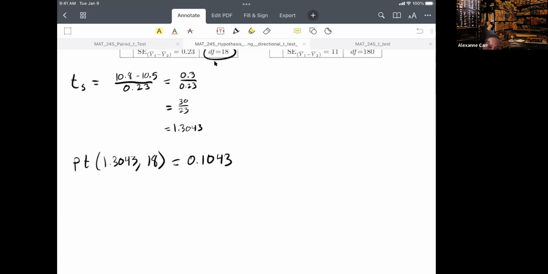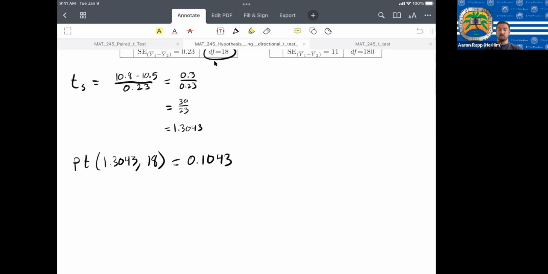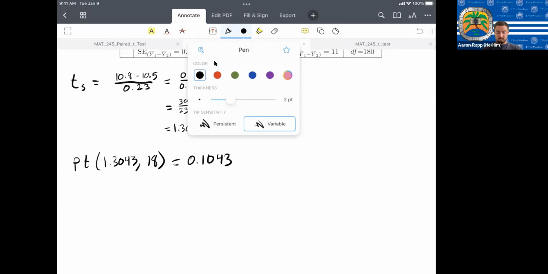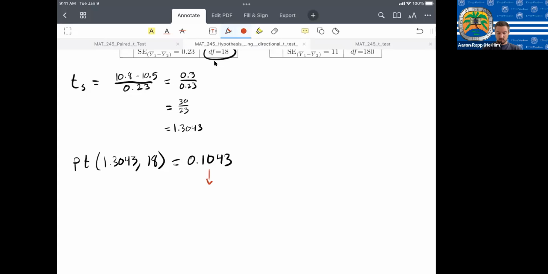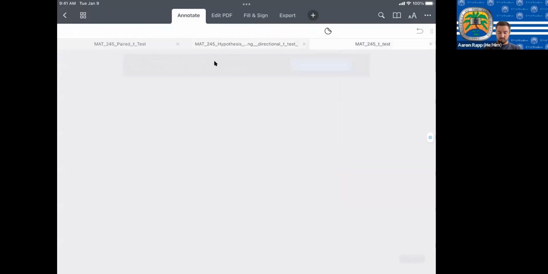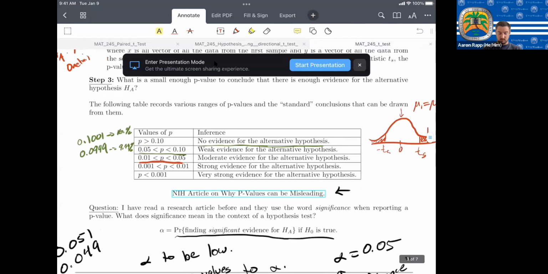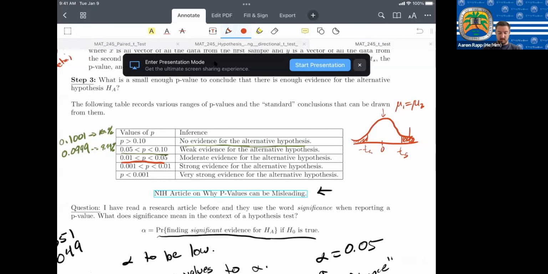Not very far. That's 0.43. 0.0043, right? So really what we're saying is this is a percentage, this is a probability of 10.43%. And we have a general rule of thumb cutoff that says, hey, if I'm greater than 10%